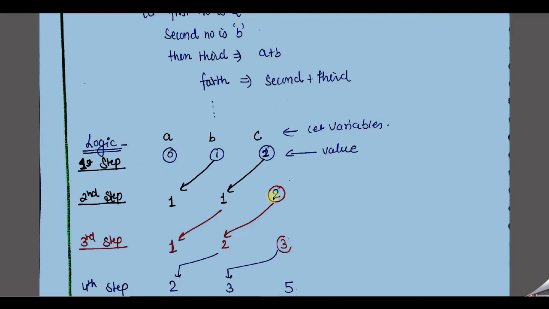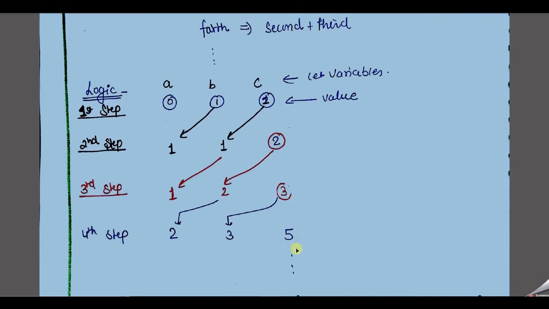So again c is equal to a plus b, that means 1 plus 1, the value is 2. For the calculation of the next value, we again store our b value into a, because a is not used further, a is useless for the next step. So we just reused our a variable. Again we store our b value into a and then c value into b, and perform c is equal to a plus b. So we get our next value, and similarly we perform it.